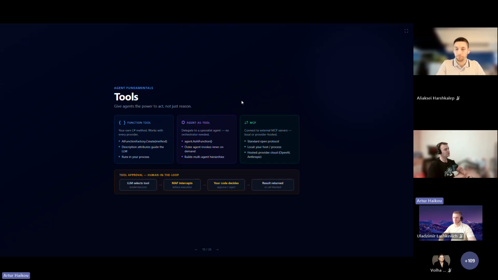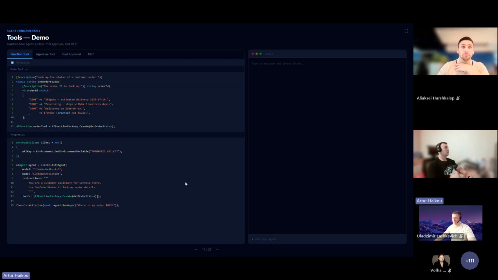And here we can use tools. And in Microsoft Agent Framework, you are able to use just C# methods, or for instance, you're able to use another agent as a tool, or of course, you're able to connect MCP tools to your agent. And let's take a look.